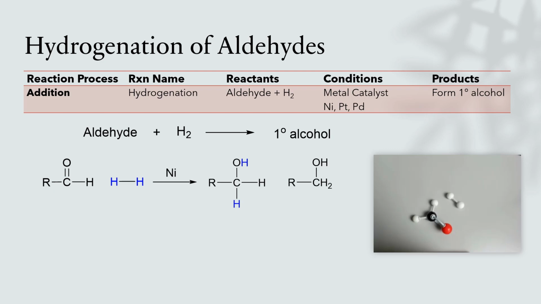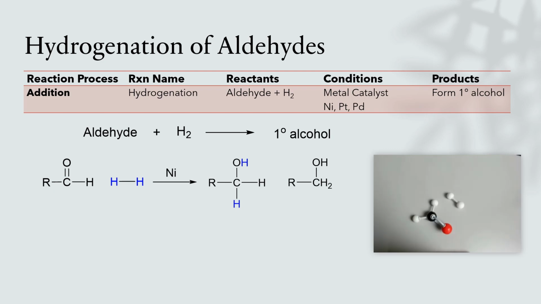This process is also known as hydrogenation. So we are adding hydrogen onto the compound. We have seen this before when we were looking at our alkenes and alkynes, where they were undergoing hydrogenation, breaking the double and triple bond to form that saturated hydrocarbon. This is a very similar process. However, because we're starting with a carbonyl with that aldehyde, we're going to reform that primary alcohol. This is essentially the reverse of the oxidation of our primary alcohol, and now we're just going to go back